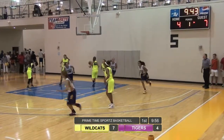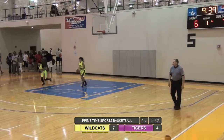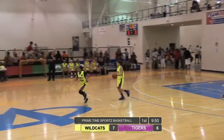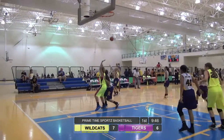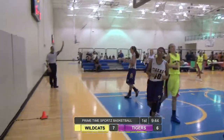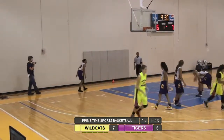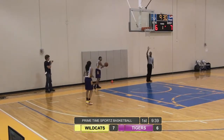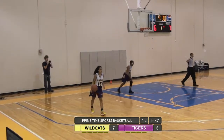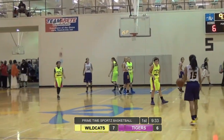Shot up and a nice shot from Clifton. She's now the leading scorer for the Lady Tigers with 4. Ball thrown down on the low block. Wildcats trying to get the ball to Lindsey Cox. Couldn't do so. They turned it over, and we got a 1-point ball game between the Tigers and Wildcats here on Court 5